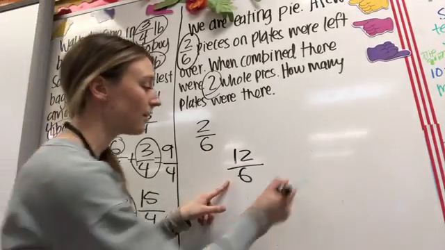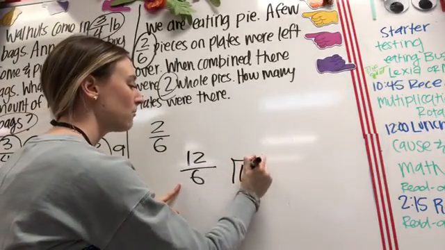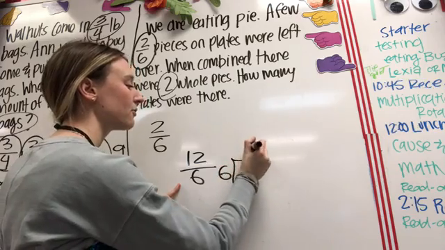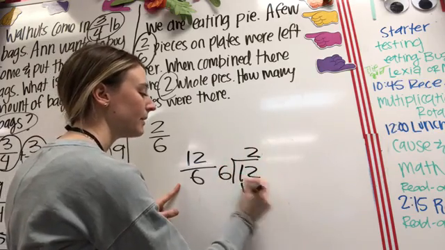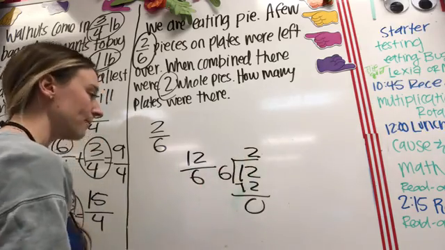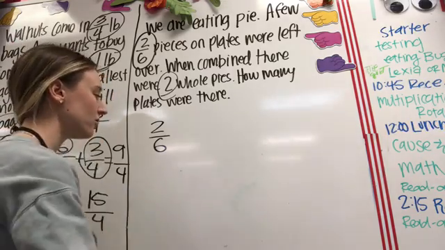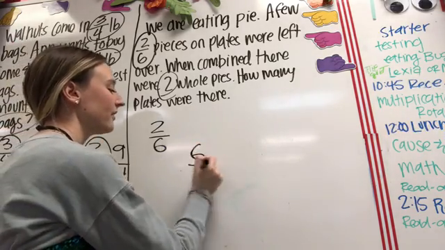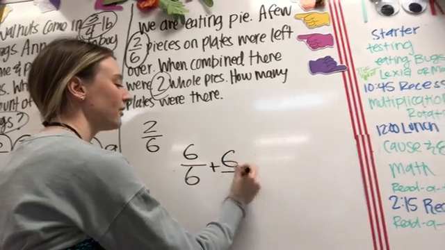If you don't understand that, think: what's 12 divided by 6? 6 goes into 12 twice. So 12/6 is the same thing as 2. Or if that still confuses you, you could think 6 over 6 is 1 pie, plus 6 over 6